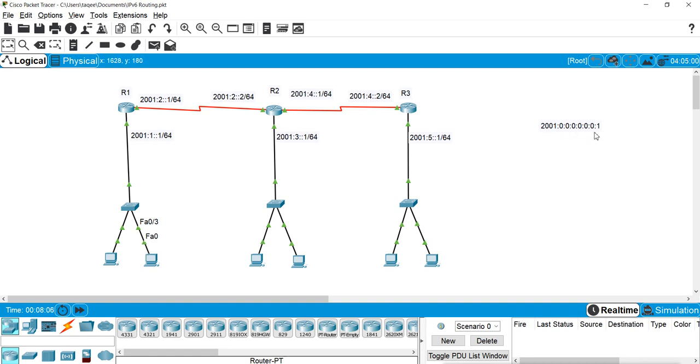So here I have eight groups. This is an IPv6 address.